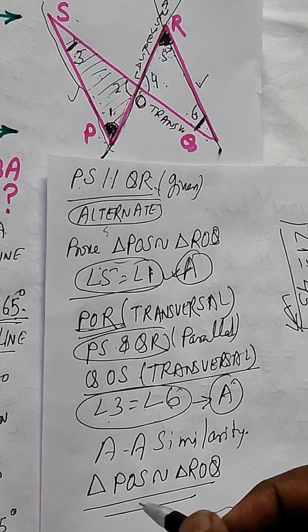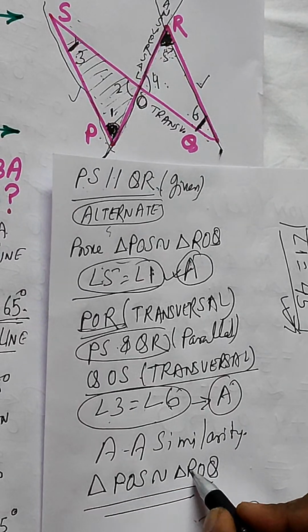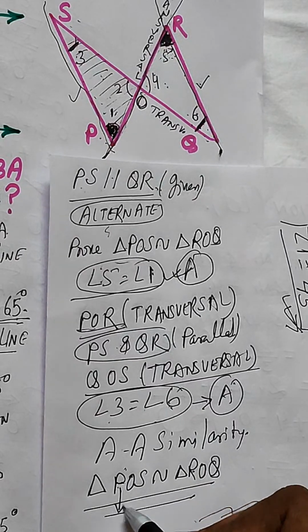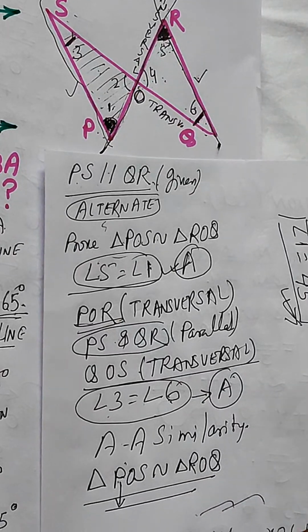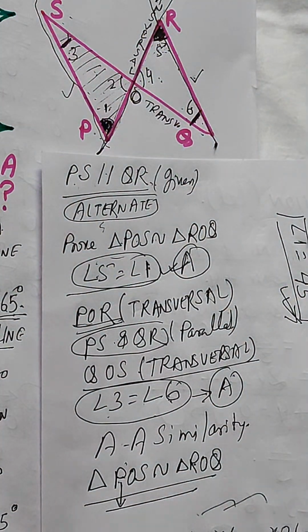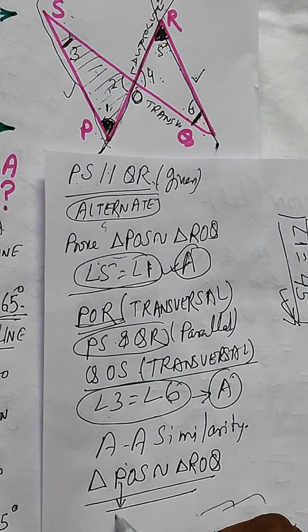Here you can just cross verify your answer. You can see at P and at R, both the angles should be the same. So at P, what is the angle which is forming? At P, the angle which is forming is this one, angle 1 in the first triangle. So this will be angle 1,